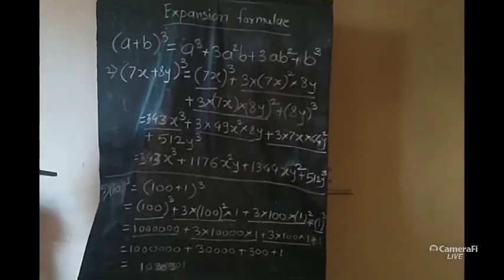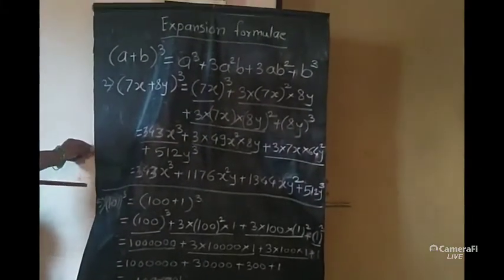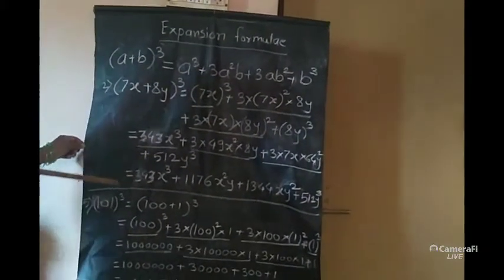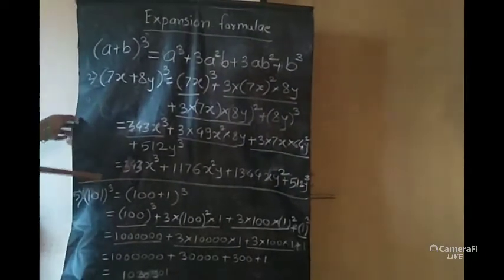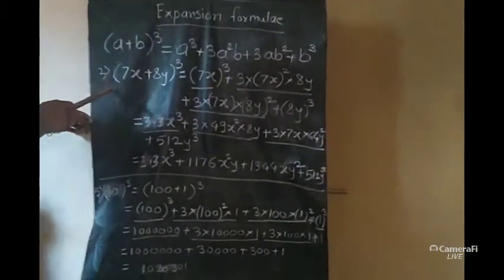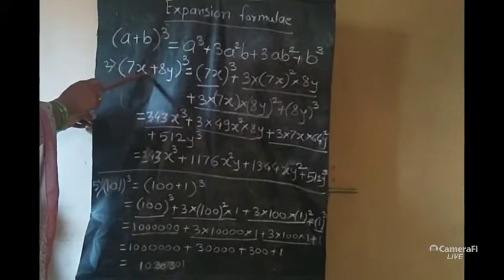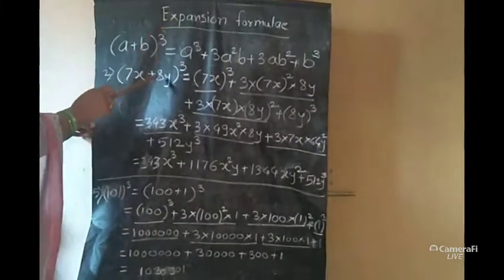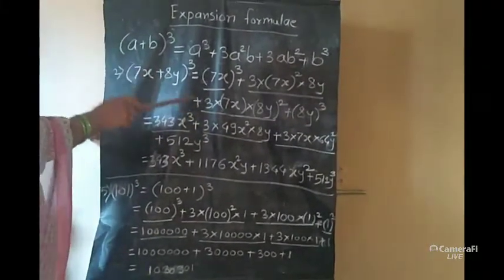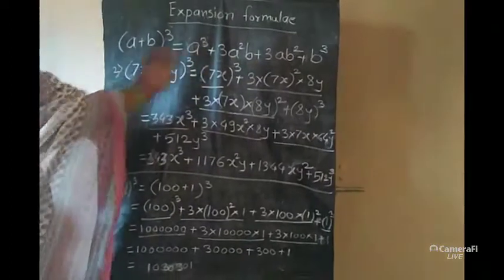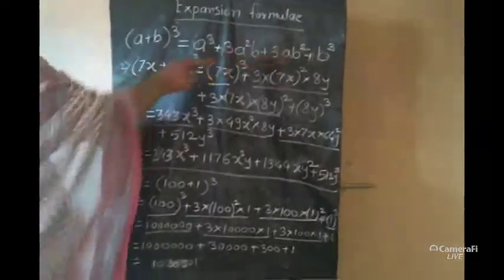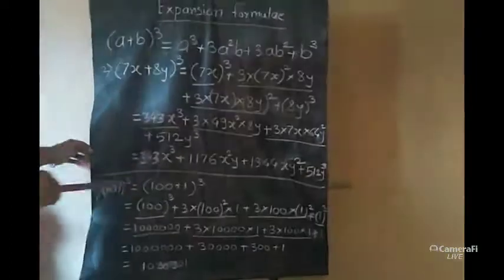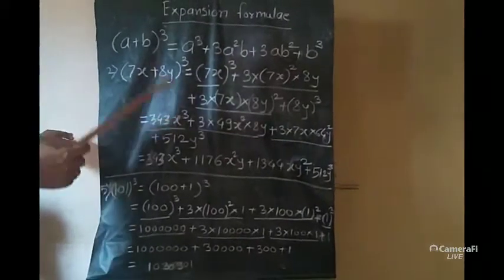Here I have solved some examples. You have to observe them, and again you have to solve practice set 5.2. See example number 2 from the practice set. Here, in (7x + 8y)³, we have to expand this bracket using this formula. There are 4 terms in the expansion. We have to find these 4 terms and find the expansion of this bracket.